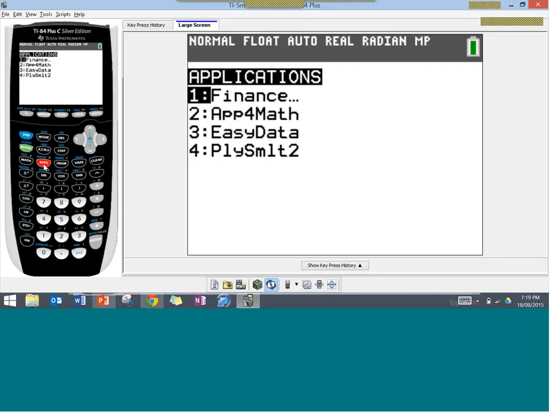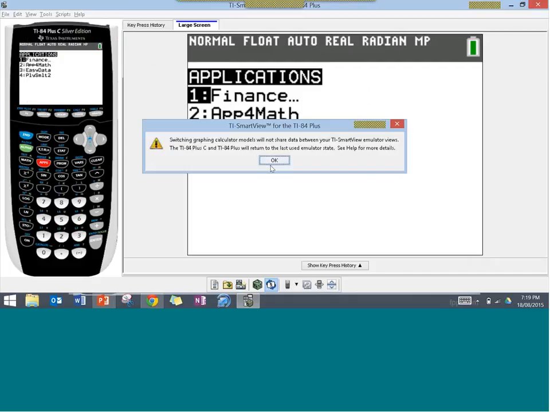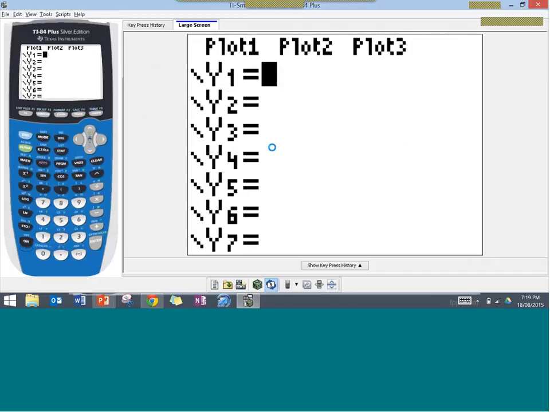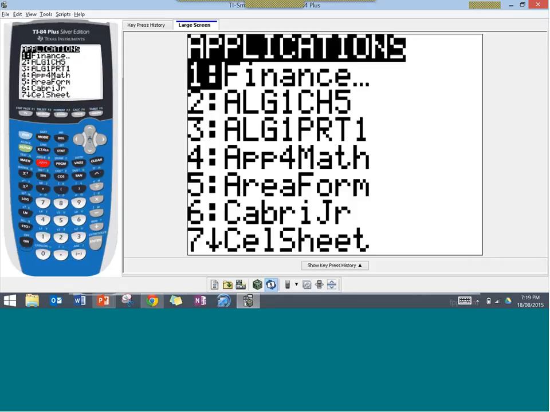which I've just realised I've lost some of my apps and I don't have my CellSheet one in there. That's a bit of a bummer. I will just change. As you can see with the Smart View emulator, if you've downloaded the versions of it, you can actually switch back to the non-colour version. So just go back into my apps, and that's much nicer. I can see my CellSheet there. So if I choose CellSheet,